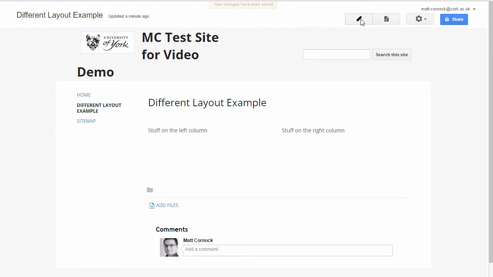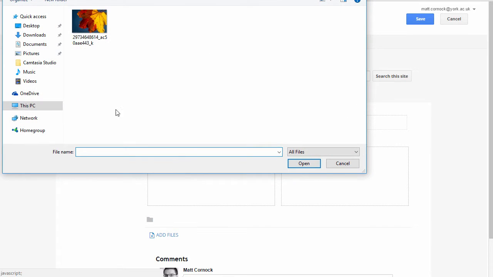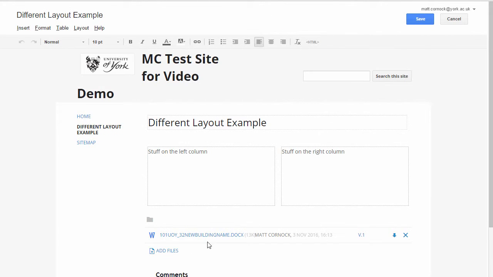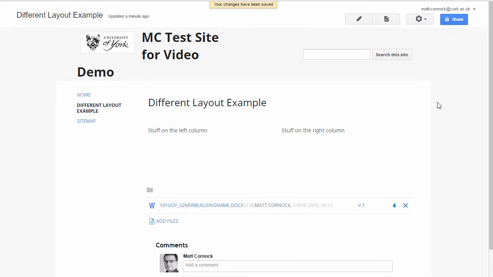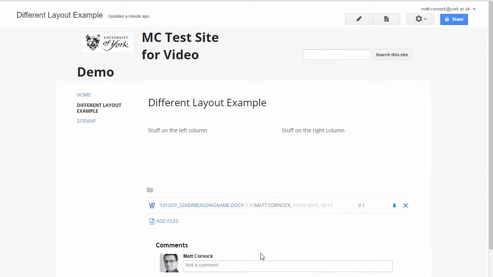So I'm just going to go back into edit mode here. If you want to add any attachments to your site, you go to the Add Files link at the bottom of the page. And I have here an example Word document, and that's added to the bottom of the page there. Sometimes you might think, well, actually, I want these links to be within the main part of the text. What I'm going to do first of all is save the page just so that file is definitely online. And then I'm going to copy the link by right-clicking, copy link address,